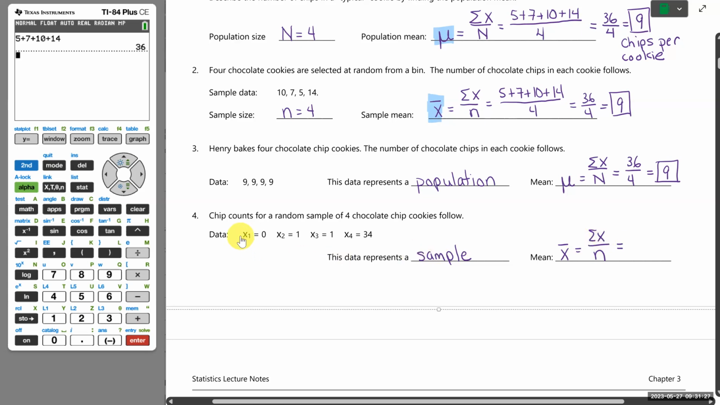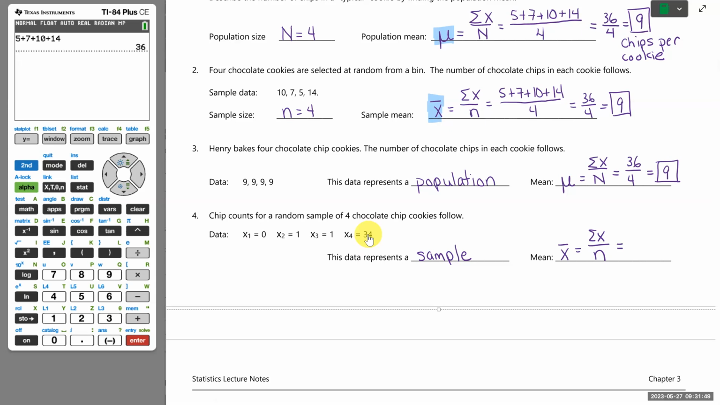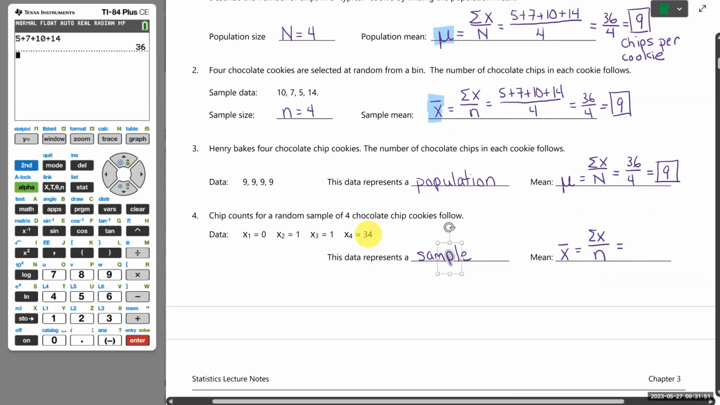So now this is kind of a weird batch of cookies because the first cookie has no chocolate chips. That's not a wonderful cookie. And then just 1 chocolate chip and just 1 chocolate chip. And then that last cookie has 34 chocolate chips. So I would want that cookie. It's just basically one big pile of chocolate chips. But what we're going to see when we take a look at our average,